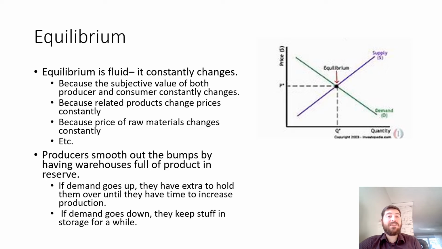And I guess if demand goes really, really low, you could take things off store shelves and put them back into storage, depending on what the item is, and therefore reduce supply that way. Interesting. So as demand goes up and down, producers have to make the supply go up and down to meet that equilibrium point.